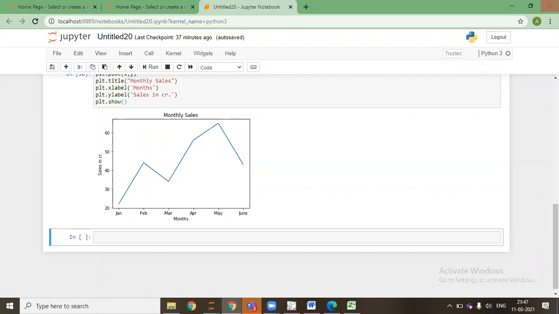Okay, I'll start with the graphs. So this is the graph that we have seen right now.